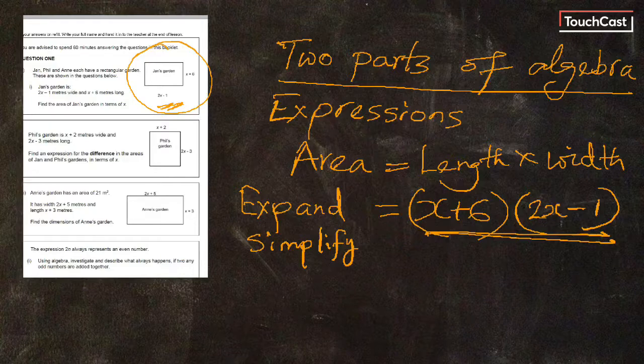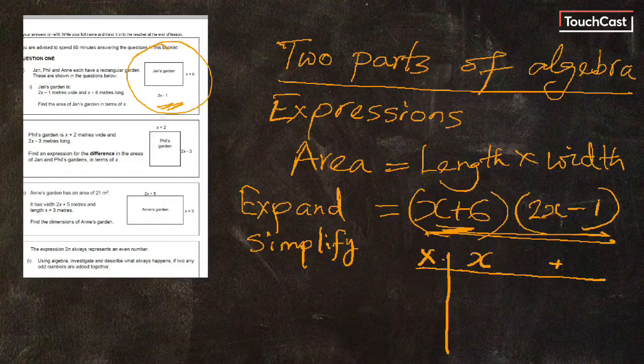So one of the things I can talk about right now, why don't you create a box like a multiplication table and write that expression, x positive 6. That matters. The positive 6 is not negative 6. There is a huge difference between positive 6 and negative 6. I talked about it in the classroom. Now this one is 2x negative 1, and we are simply multiplying